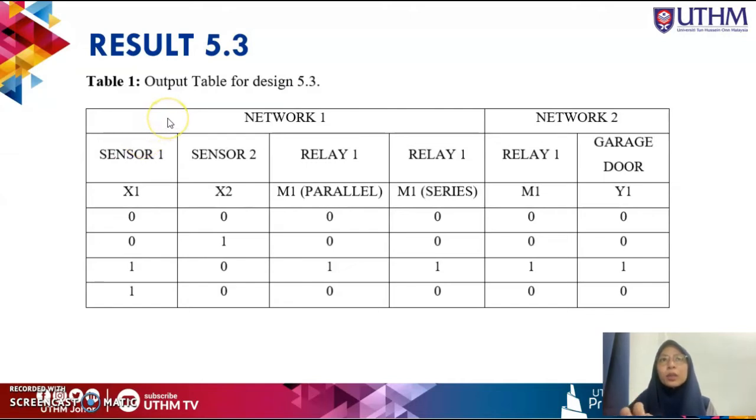So we are back with the result from 5.3. This is the table that we get for design 5.3. When sensor 1 and sensor 2 are 0, which is turned off, the relay 1 and the garage door will be 0, which means off. But when sensor 1 is 0, turned off, but sensor 2 is on, the relay and the garage door also 0. And when sensor 1 is 1 and sensor 2 is 0, the relay and the garage door will be on, because